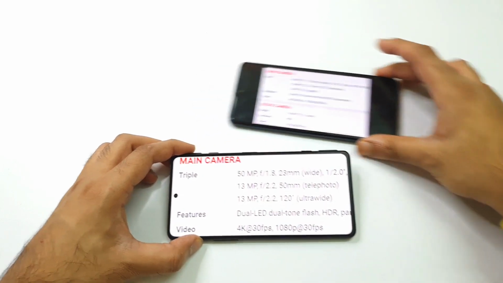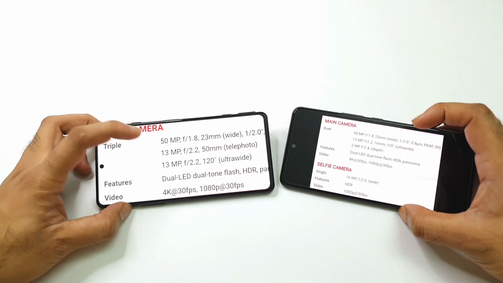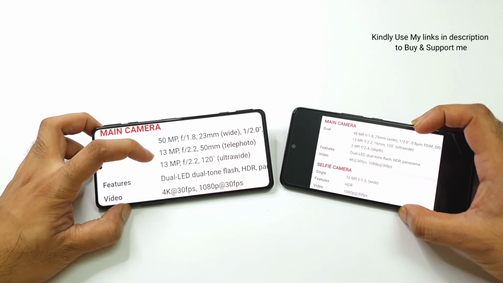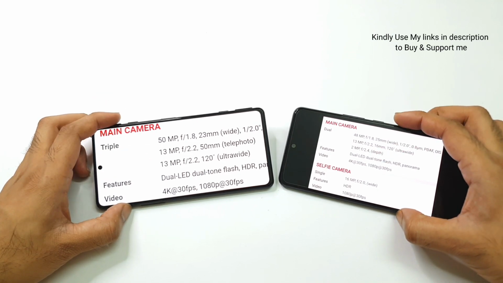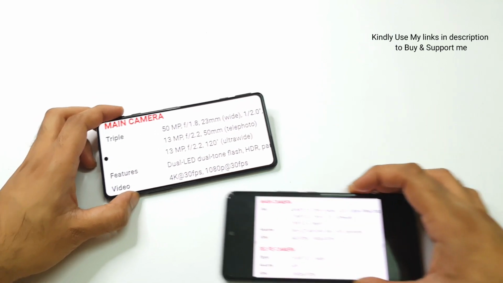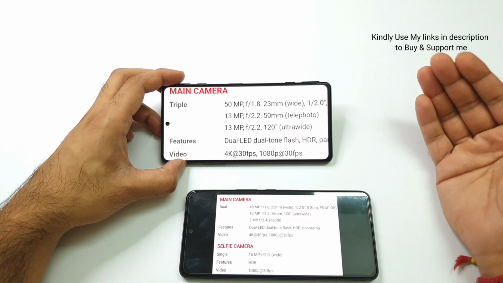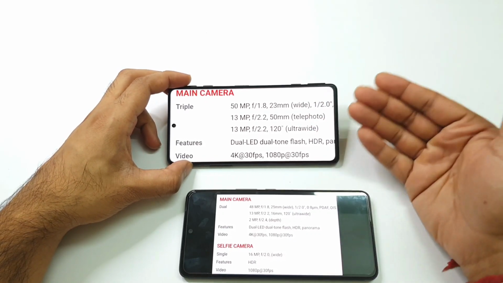In terms of the camera, there's a slight improvement because the iQOO 7 has a 48 megapixel lens, whereas the iQOO 8 will have a 50 megapixel lens, a 13 megapixel telephoto, plus a 13 megapixel ultra wide. The depth sensor is not present in the iQOO 8 device. That's a really good change, I would say, because a lot of users want a telephoto lens instead of a depth sensor or macro lens. That's a really good benefit we can see in the iQOO 8 device.